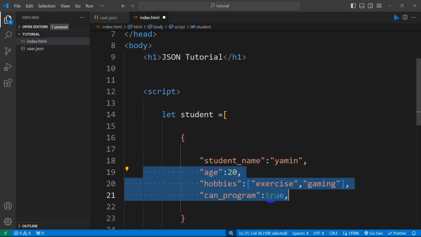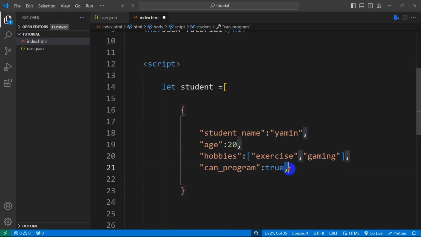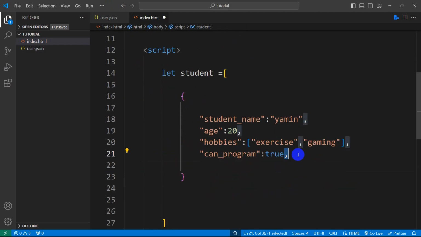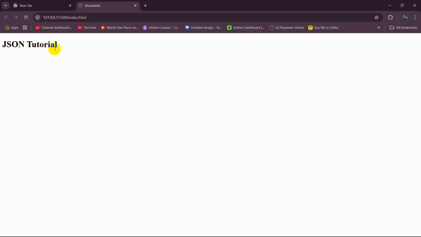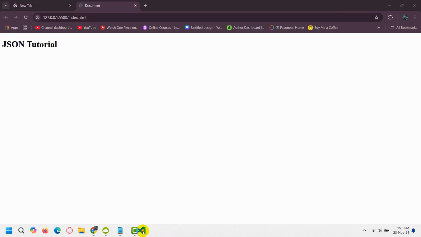There you go. So here you can see that this is the last data. For the last data, we cannot give any comma. So if we just save this and open it in the browser, you can see it is only showing us JSON. So in order to see the JSON file or JSON data, what we need to do